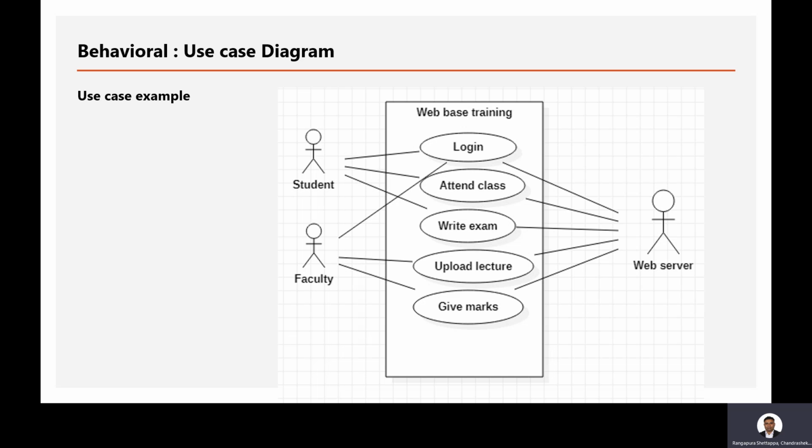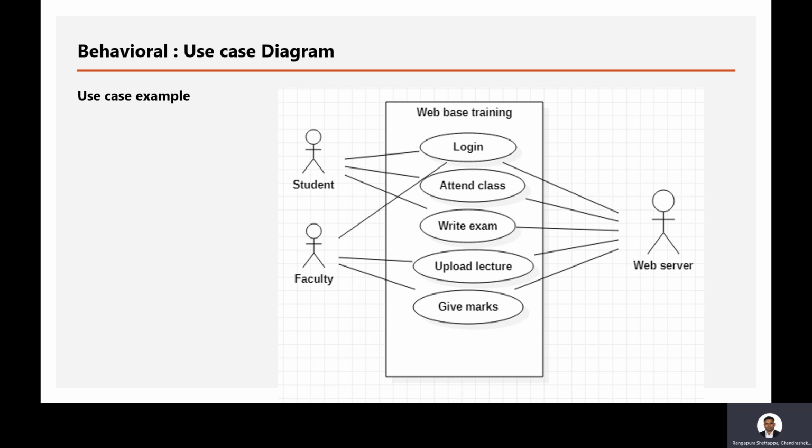These two are primary actors because they are initiating the use case. The secondary actor is from the server side, so he is responding to each request that is sent from the client.